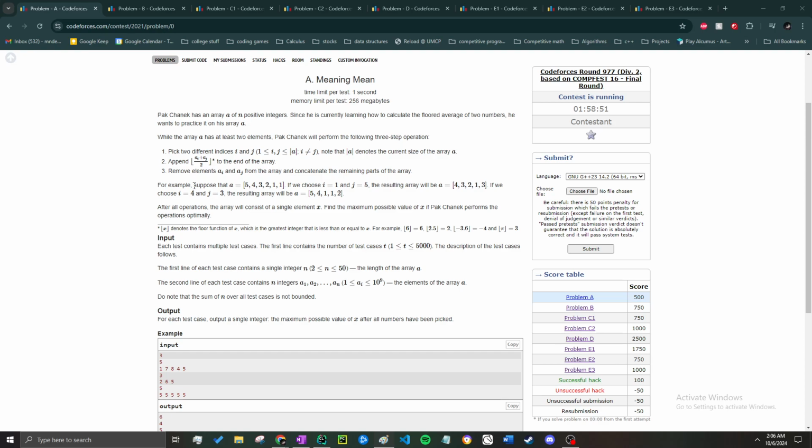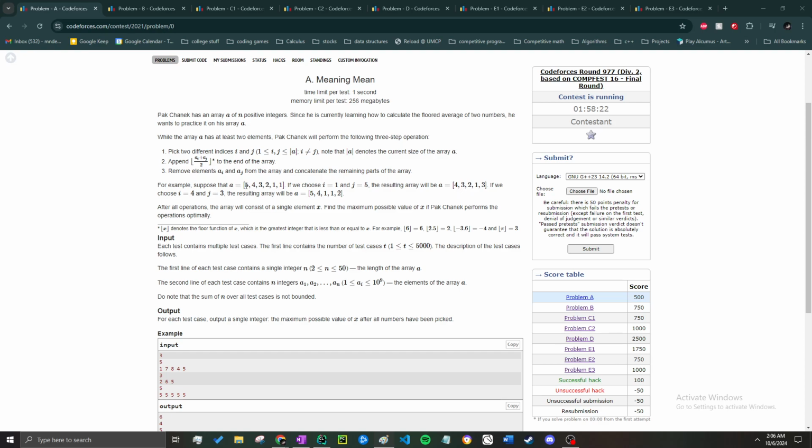To the end of the array, then remove ai and aj from the array and concatenate the remaining parts. For example, suppose the array has 6 elements, and suppose i equals 1 and j equals 5. The result will be 1 plus 6 divided by 2, and that'll be 3. Concatenate that to the end and remove ai and aj. If we choose i equals 4 and j equals 3, the result will be,